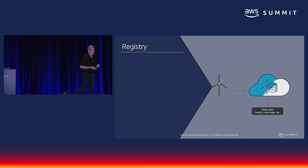And then finally, we're going to talk about the registry. So the registry is where you can store static metadata on different components. This can be on an individual thing, a type of thing, or even on groups. If you imagine that some of the static metadata may be things such as serial number, the date of the firmware that was first published, a SKU number, model number, things that are never going to change, but that you may want to downstream, and we'll talk about this, do some queries